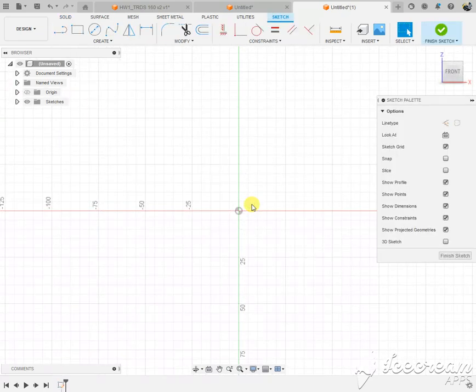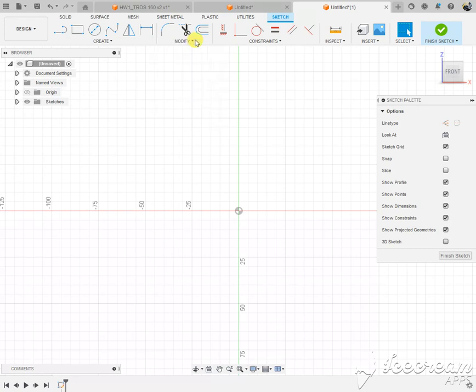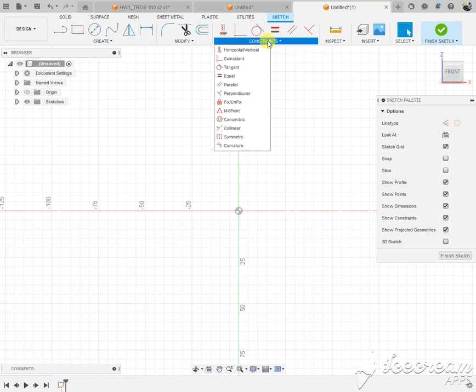Once the front plane has been selected, as you can see, multiple different options will appear on the toolbar. These options are broadly classified into three different categories: the Create option, the Modify option, and the Constraint options. The Create options will let you create a variety of different shapes. Modify options will let you modify the shapes that you have just created using the Create options. And while you're still in the process of creating and modifying, you might want to use constraints so that your sketch does not move and designer intent is preserved.